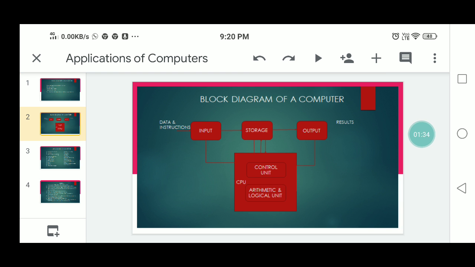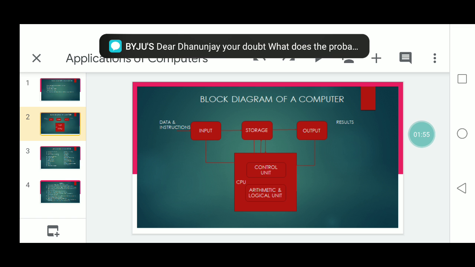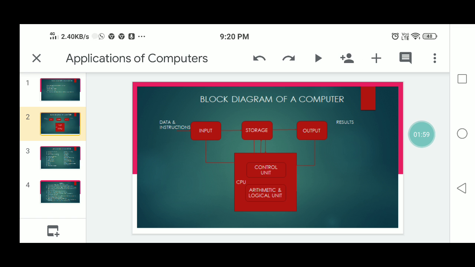This figure shows the interaction between the different units of a computer system. First, the input unit. It takes data or instructions from the user. While receiving the instructions or data from the input unit, they will be stored in the storage unit.